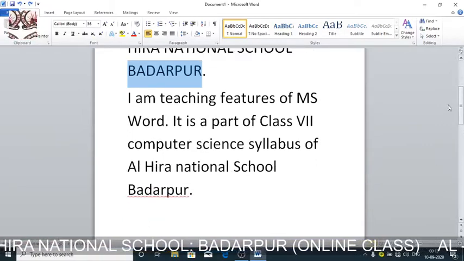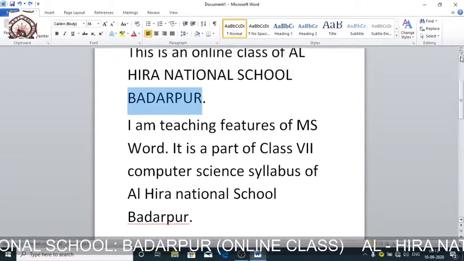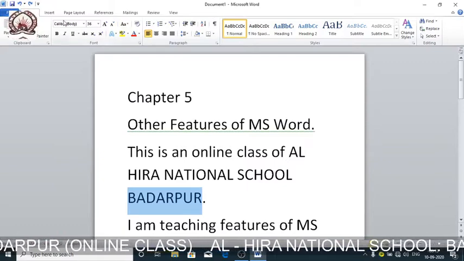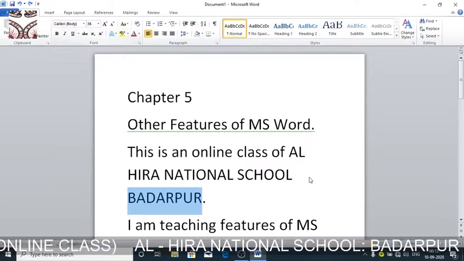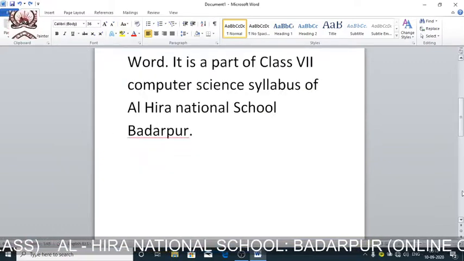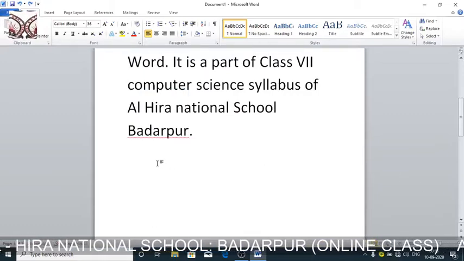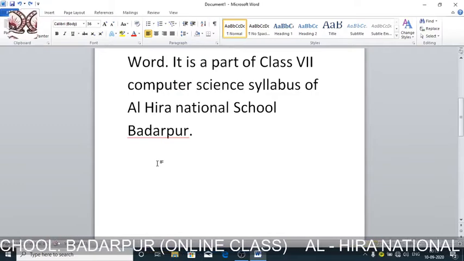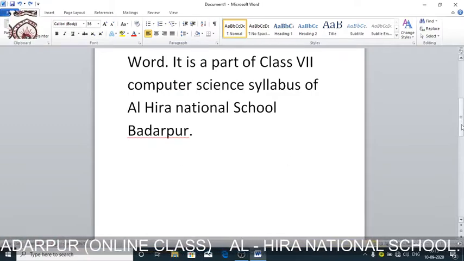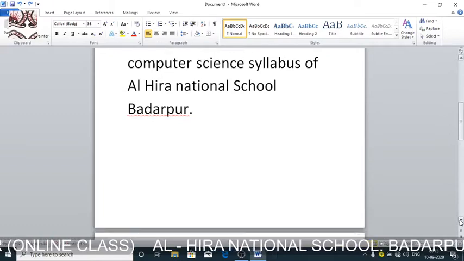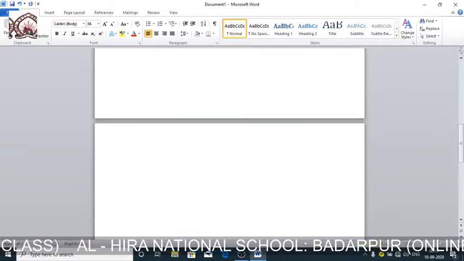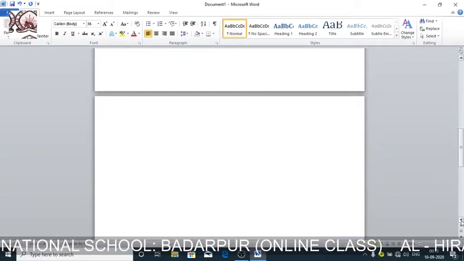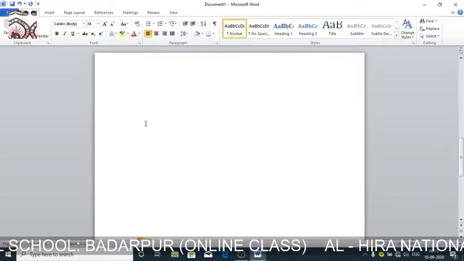An already inbuilt collection of pictures and graphics is there. Let me show you how you can open clip art. For opening clip art, we'll click on insert. First thing is we'll select the place, the location where we want to insert that clip art, meaning picture or graphics. For example, I have selected this location. Let me go to the next page. I have selected this location. I want the clip art to come here.